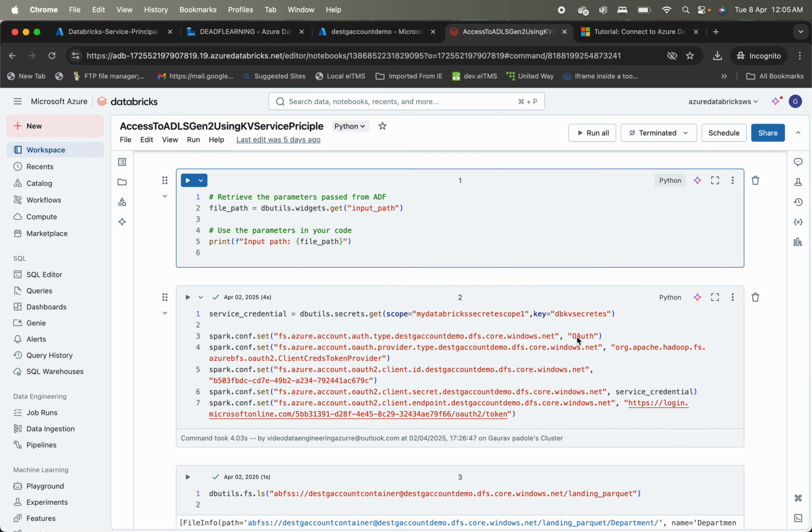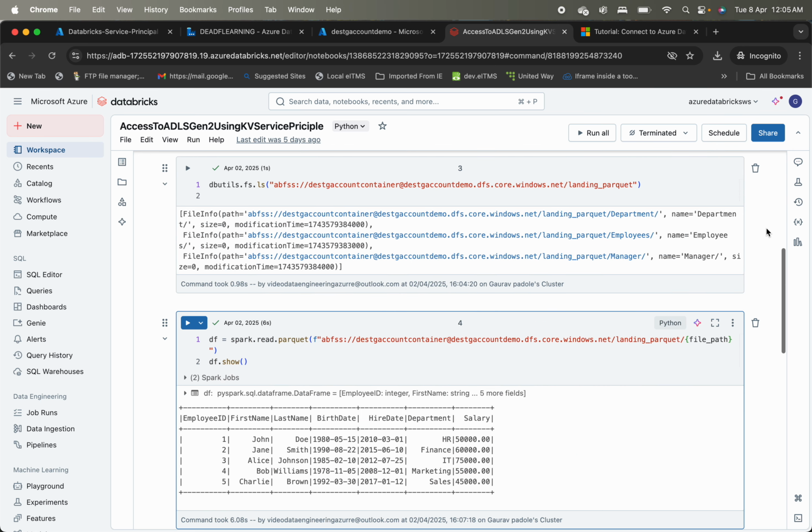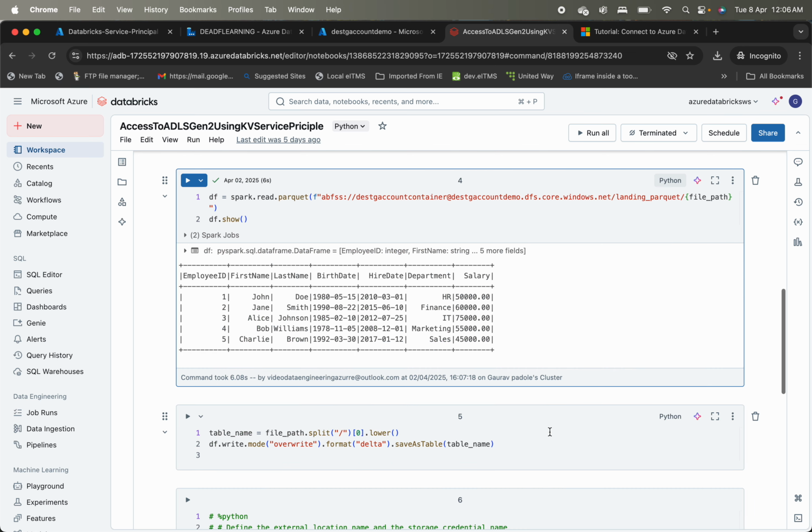So I can show you. Till the landing Parquet we have this path. After that, whatever we have, department dot Parquet, we can get here in this file path. And once this is done, we can see the code, we can see the output like this. And once we have the data in a data frame from the table,